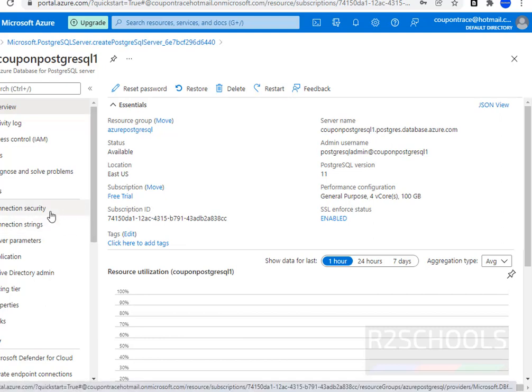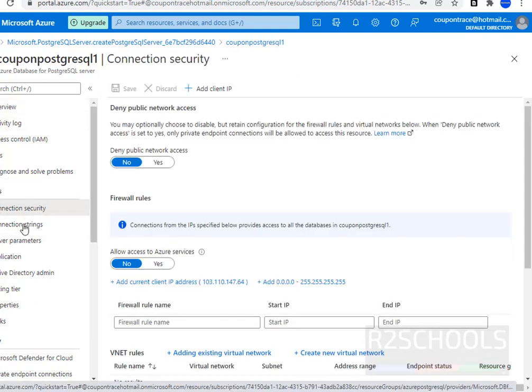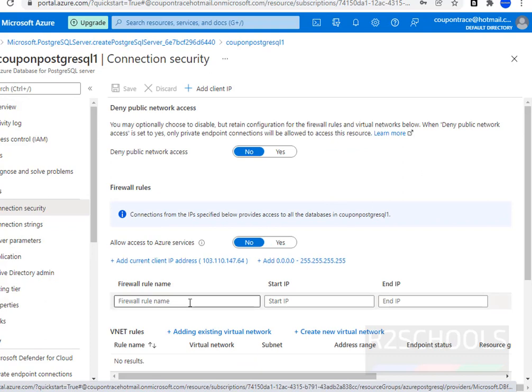Now we are going to connect to this PostgreSQL server from pgAdmin. Before that, we have to go to Connection security. See here, we have our IP address. By clicking on Set client IP, or click on this one and provide a name and IP address.